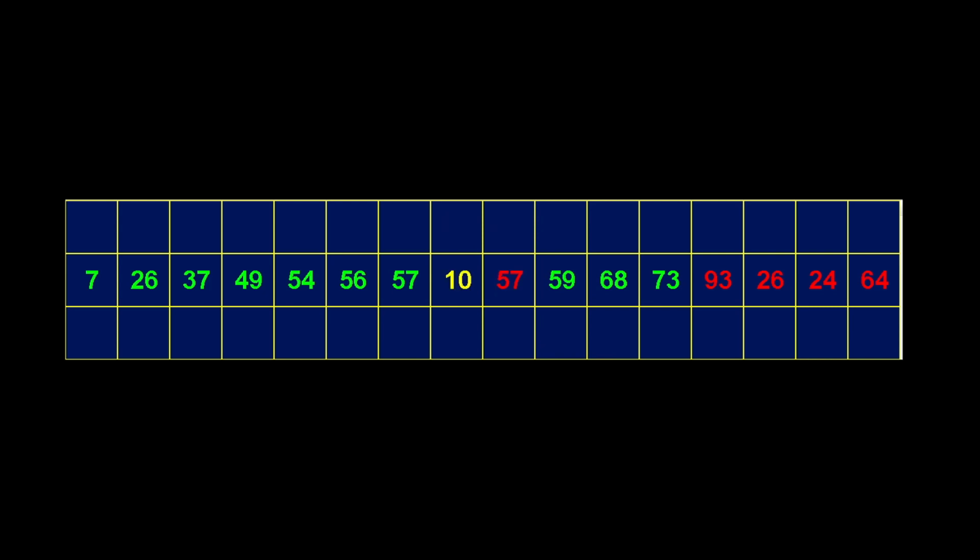It won't have to go all the way though, because once it gets up to 7, its left neighbor won't be too big. 7 isn't too big for 10. And 10 can just stop there. And then 93, he's got nowhere to go. His left neighbor isn't too big. He's already in place. 26 has to keep going